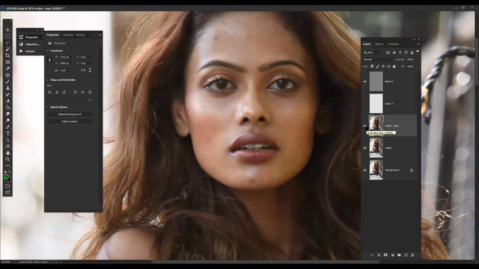So frequency separation is always meant for blending the color, keeping the texture intact. We don't play with the textures, we only blend the colors. That's the basic work of frequency separation, not to smoothen out skin. That's the most wrong thing we think.